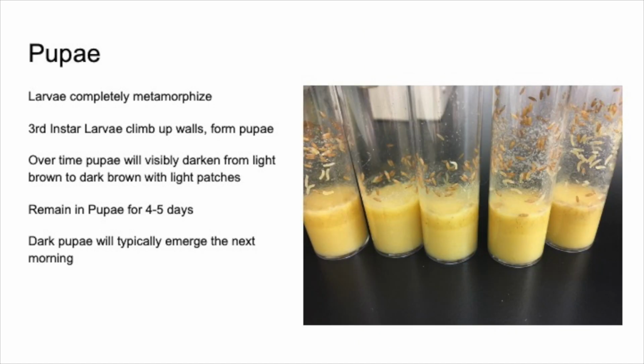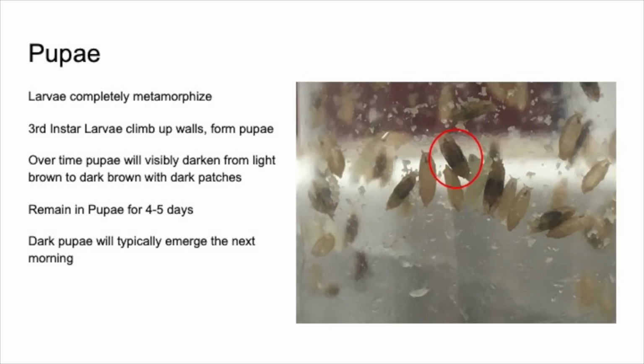Fruit flies are holometabolists, which means they undergo a complete physical change from the larval to adult stages. Fruit flies will form cocoons called pupae or pupariums, where they will undergo this drastic change. Initially, the pupae will be very light brown, but as the flies develop, these pupae will darken and become increasingly opaque over time. When the flies are almost ready to eclose, the pupae will become visibly dark, and if you look carefully, you'll be able to see that the darkness is from 2 black patches, which are the nascent wing